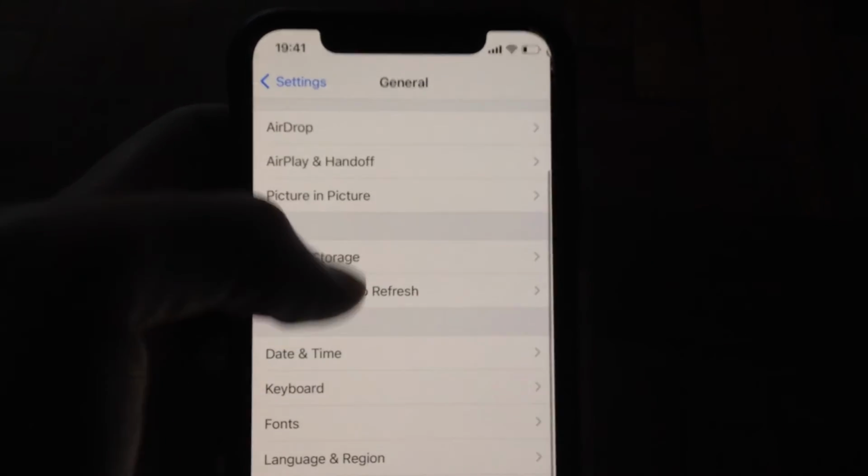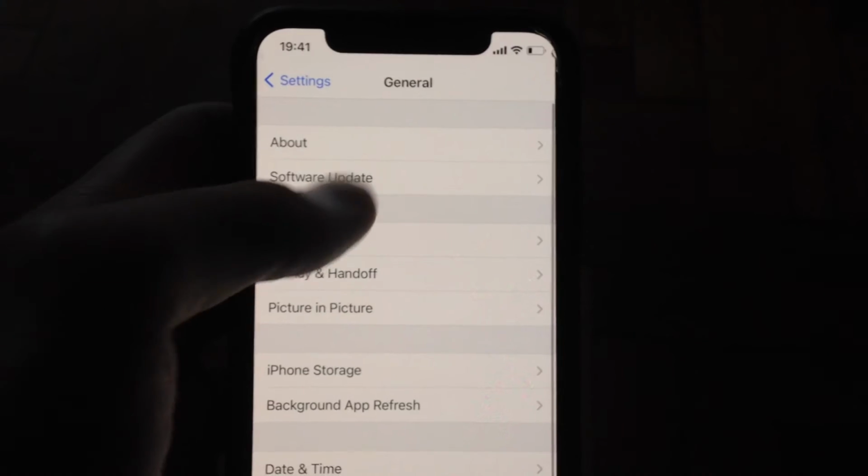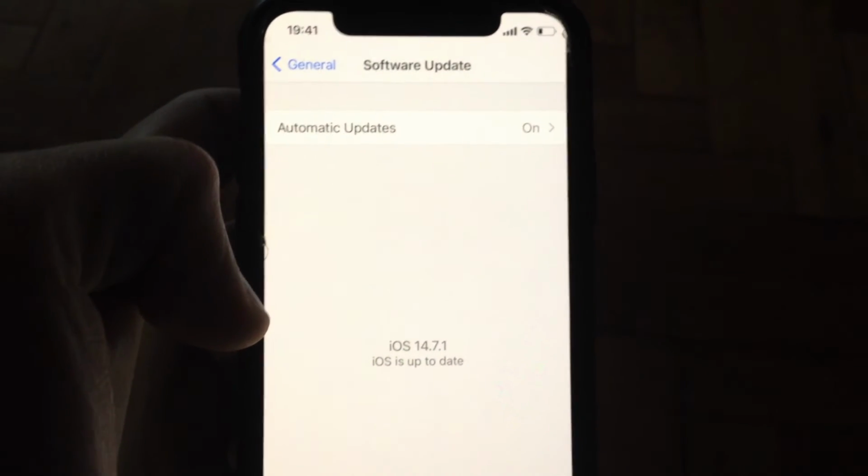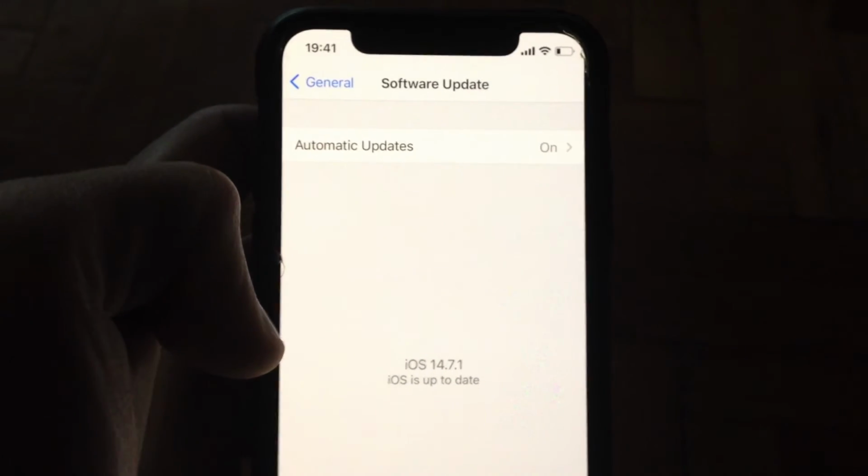And also you can try to update your iPhone. Just tap on software update, and if you see available updates here, tap on download and install and wait until it successfully installs the latest updates